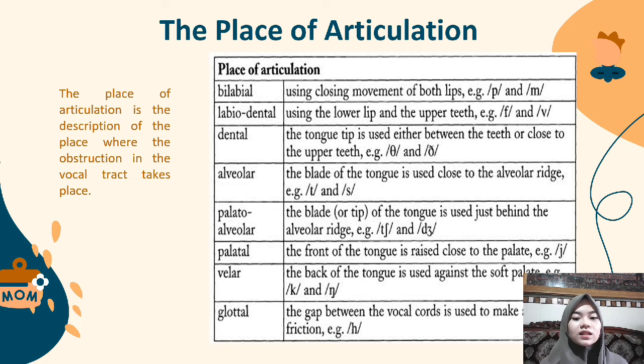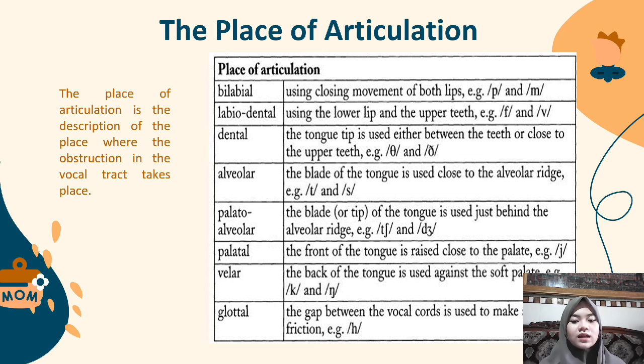Alveolar, the blade of the tongue is used close to the alveolar ridge. Example: and then palato-alveolar, the blade or tip of the tongue is used just behind the alveolar ridge. Example: and then palatal, the front of the tongue is raised close to the palate. Example: velar, the back of the tongue is used against the soft palate. Example: